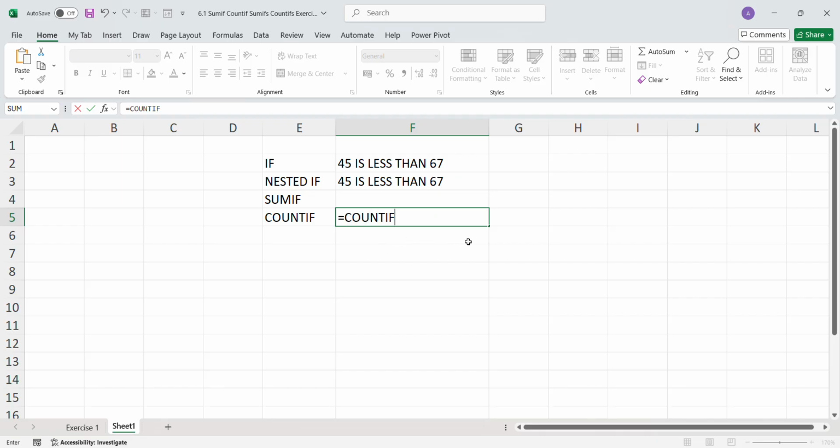It will count the number of cells. But what number of cells will it count? It will count all the cells in a given range which meet the given condition. You will give the condition, the criteria, and if that particular criteria is matched, then with respect to all the matched cells, it will count them and tell how many cells are there which are meeting the given